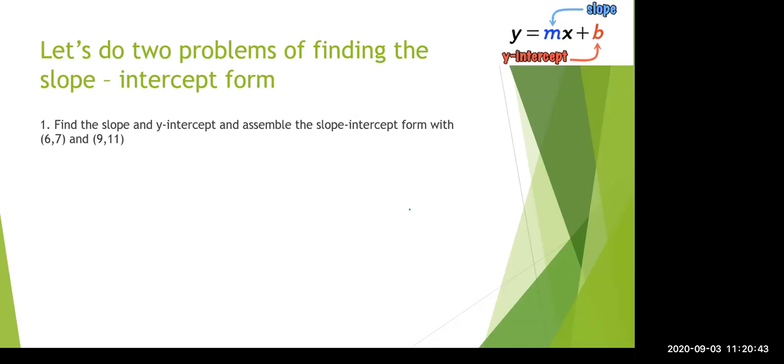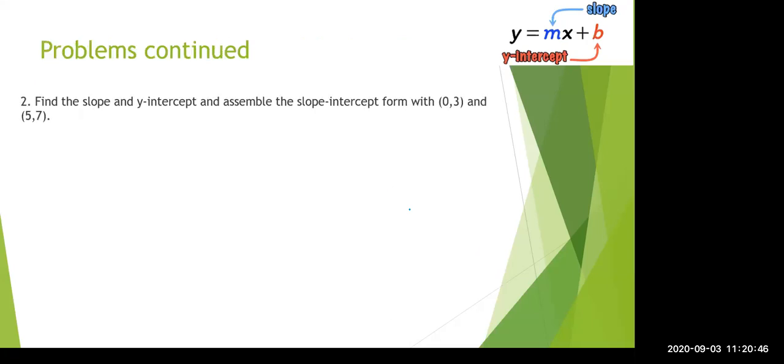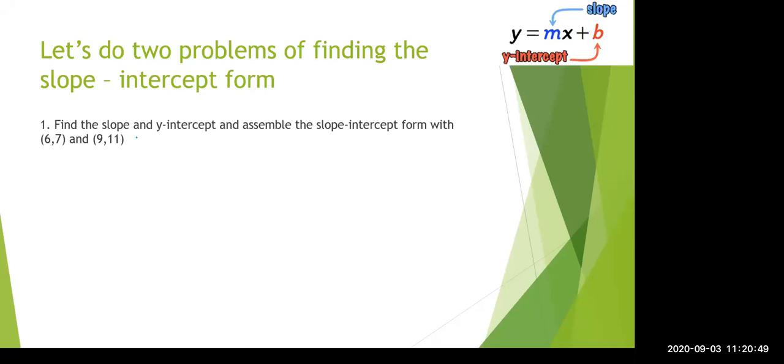I'll just show the steps. So the first step is plugging everything in. Sorry. We have to do this. So we first have to find the slope and the y-intercept. It's not like we just have the slope and we are trying to find the y-intercept. We have to find both. So the way to do that is that first you have to see if any of them have 0 as the x-coordinate. Because if any of these 2 points have x equals 0, then we know the y-intercept. But since it's not, then we will first find the slope,